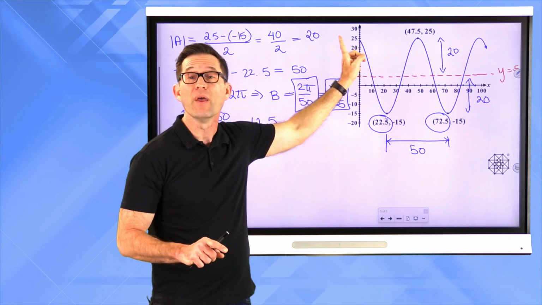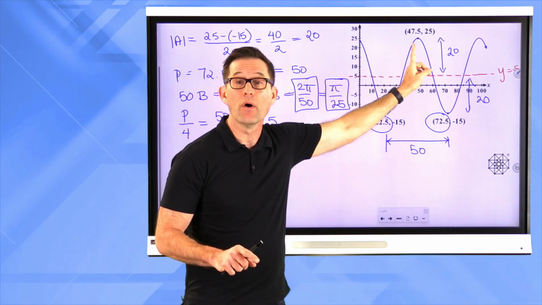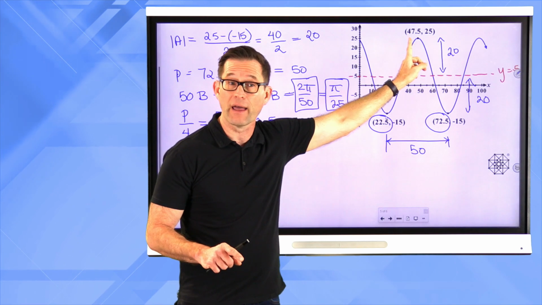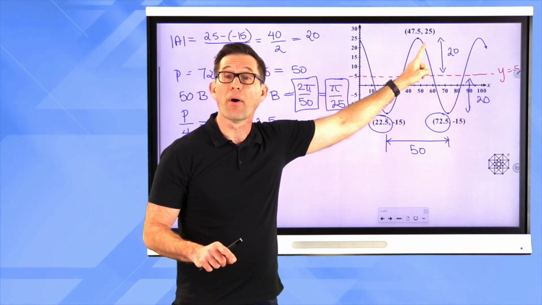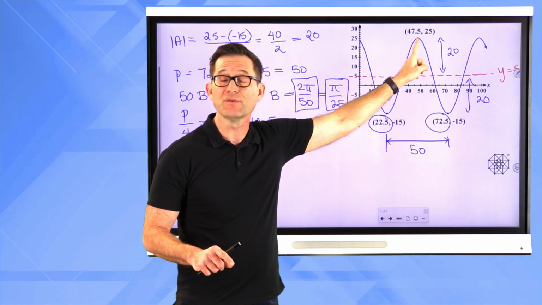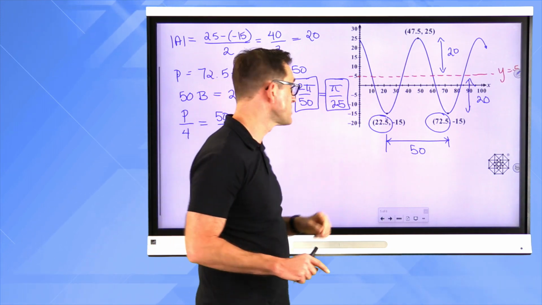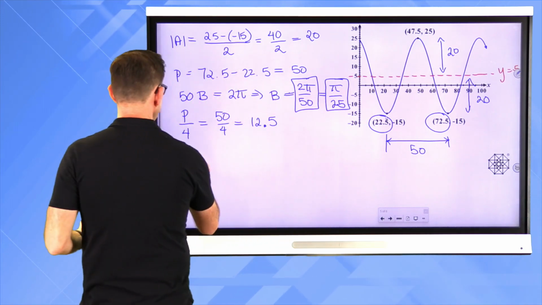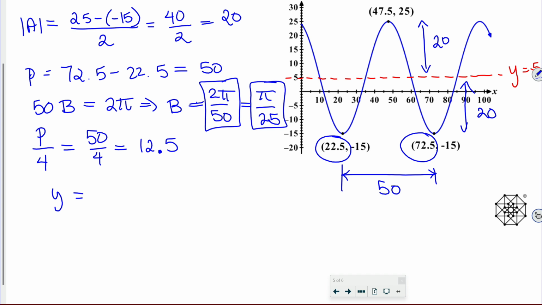Point being, right, if I do an h value of 47.5, then I can use a positive a value on the cosine because it's starting at the maximum. So one nice particular curve to use is y equals positive 20 times the cosine of pi over 25, that almost looks like a 25, times x minus 47.5